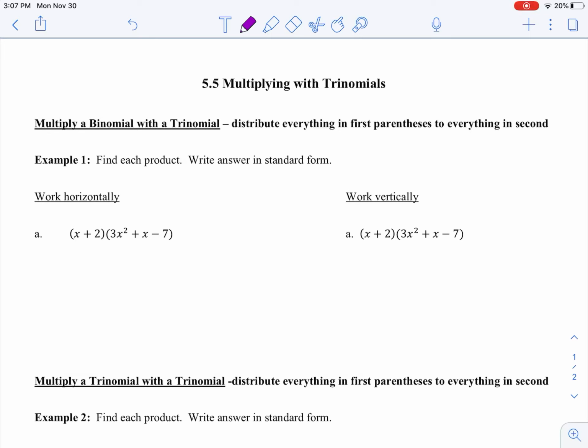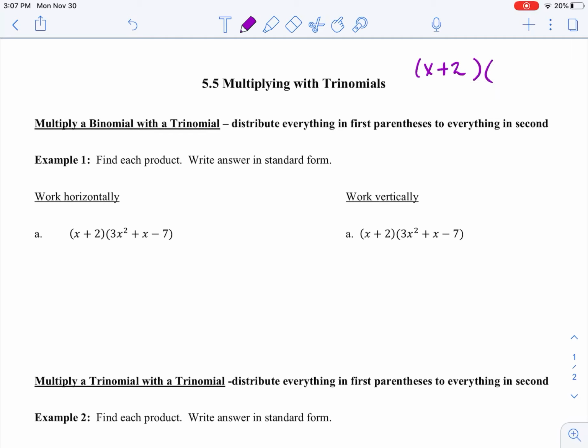In this lesson, we're going to learn how to multiply a binomial times a trinomial and a trinomial times a trinomial. And it's really no different than what we did when we did binomials, which was the last lesson. In that lesson, we used that word FOIL. And if we take a look at what we would have done in the last lesson, it'd be something like